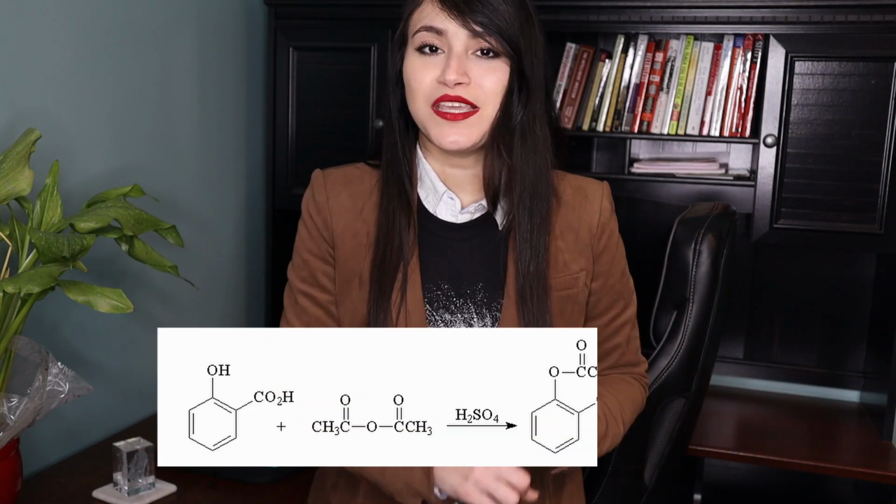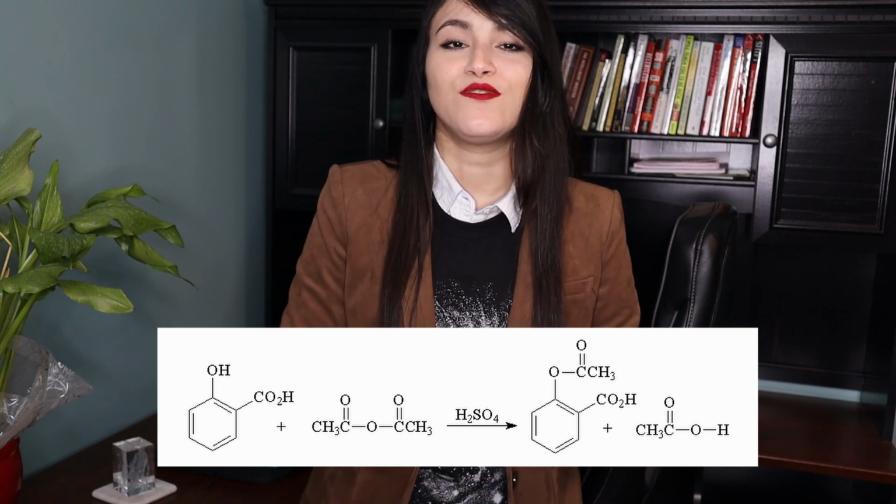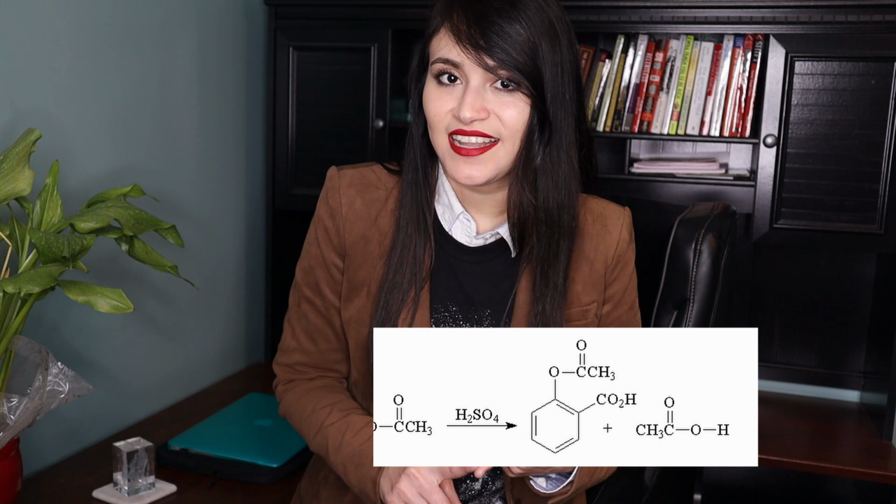Anyways, we're going to be making some aspirin, and we're going to be using salicylic acid and acetic anhydride as our reactants and sulfuric acid as the catalyst. Our goal is to have a high percent yield and a pure product. The percent yield is going to be impacted by the reaction time. Think about it. If we don't let the reaction go to completion, then we're going to have a lower percent